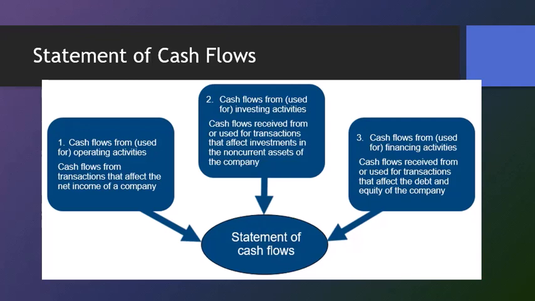And financing activities are primarily the transactions that affect long-term debt and equity, okay? So these are going to be things related to the issuance of long-term debt, the repayment of long-term debt, the payment of dividends, stock issuance. These are the types of things that will be in financing activities,